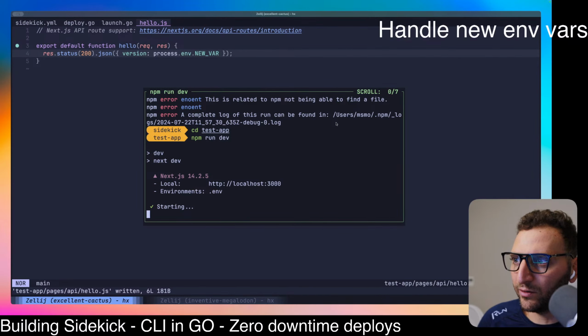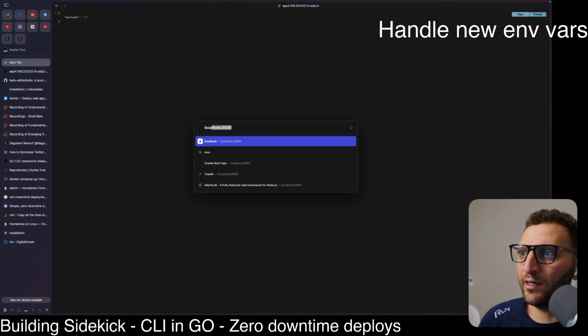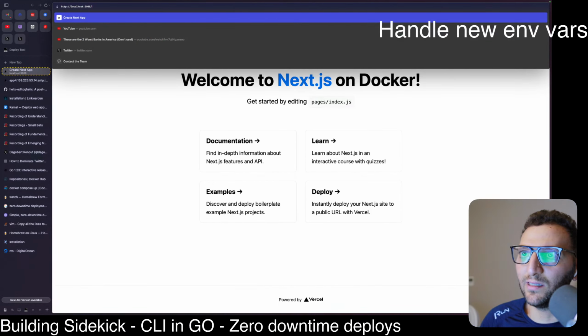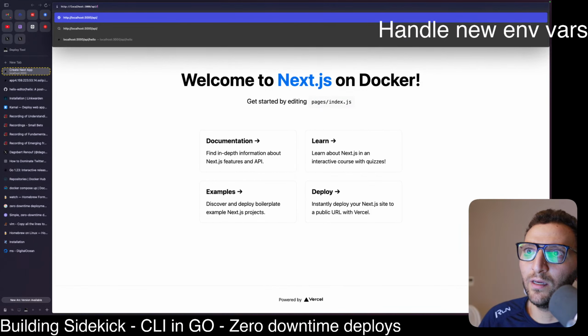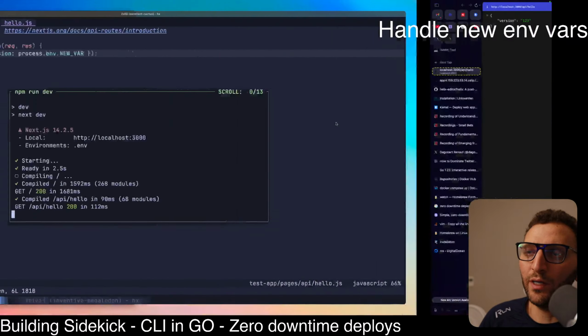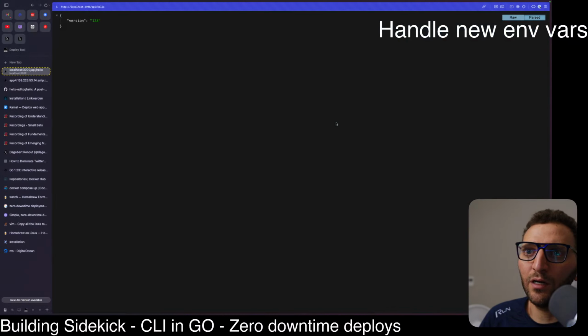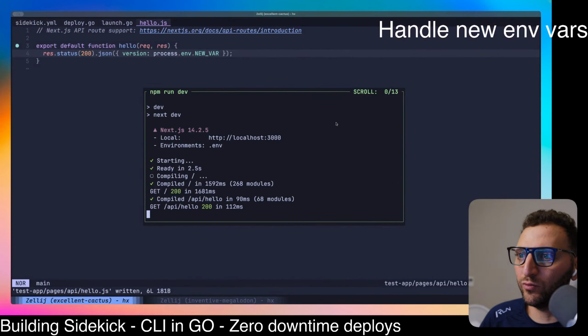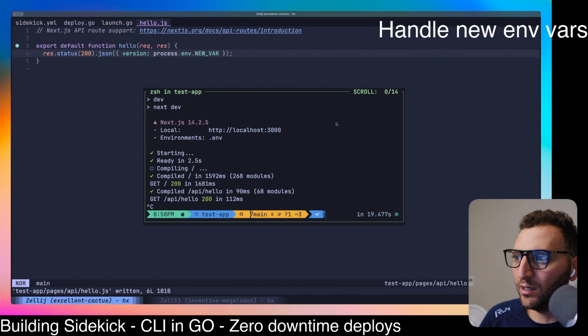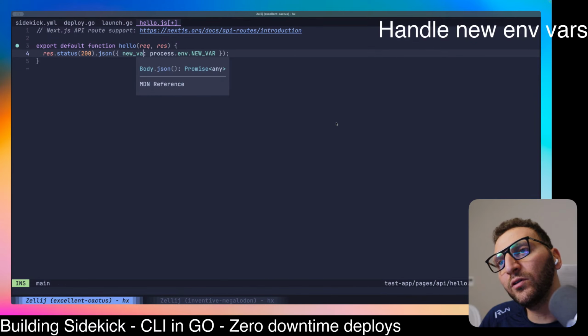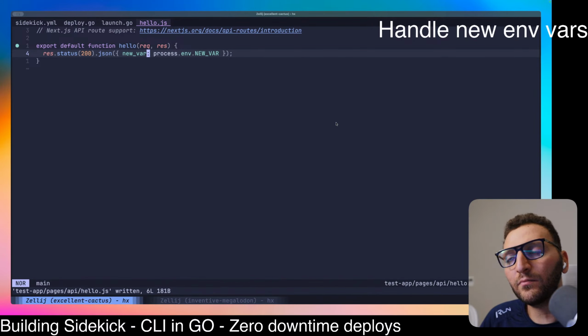And that should run on 3000. Let's do that now. Localhost 3000. Next.js being amazingly fast, obviously. API hello. Yes, okay. Awesome. So now this looks good. So this should work. If it works here, it should work there, works on my machine, and all that kind of cool stuff. So that means we can just call this new var, and that will give you the new